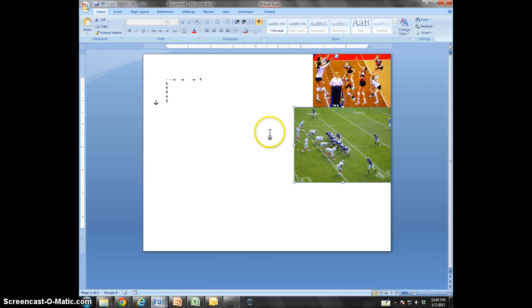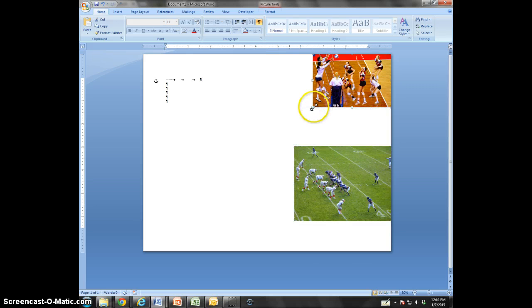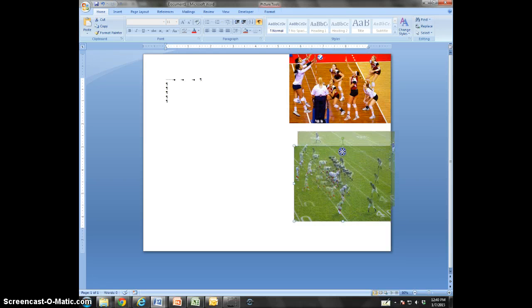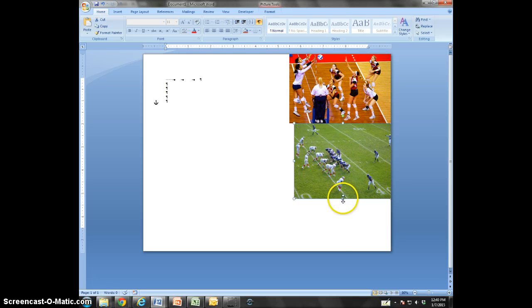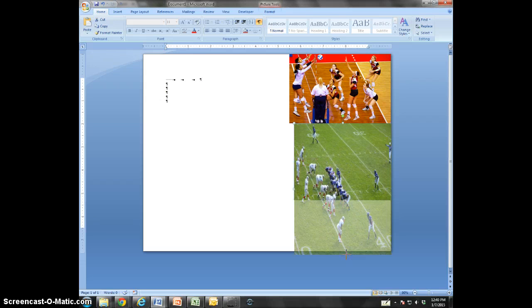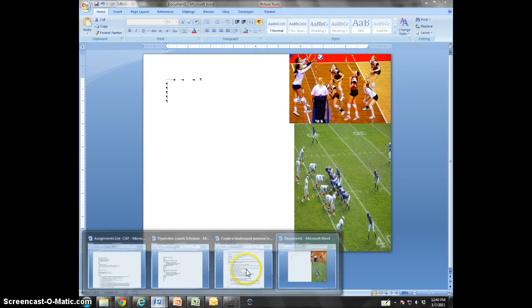So I have two images in. I will then cover the rest of the page with these images. Maybe this one has to be resized. And you can really move it around however you need to. Next, to go to the directions,